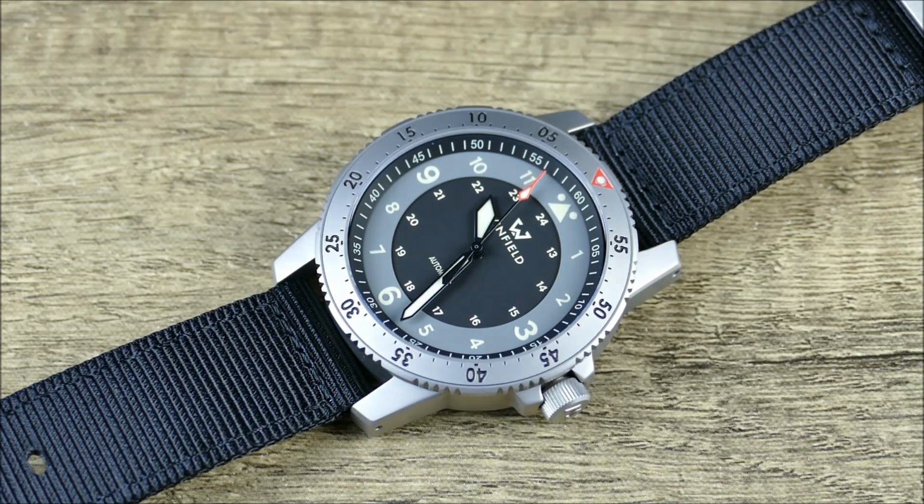On the wrist, it wears really nice. I'd say it feels quite substantial and tough without feeling at all oversized, bulky, or cumbersome, which is something you're really going to consider if this is a watch you're going to take out with you to be active. And the nice thing is that it's meant to be treated that way, and it's tested as well to that effect. Now, in terms of model variants, there's also the Mission Lead Subdued, and for that you'll basically have a blacked out case and bezel, and then you would have it negative and reversed in terms of the index on